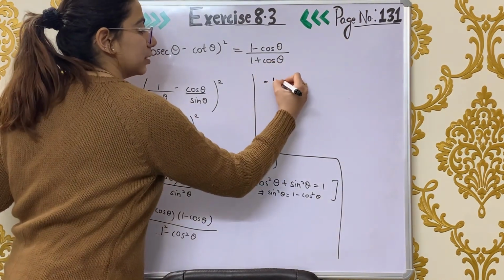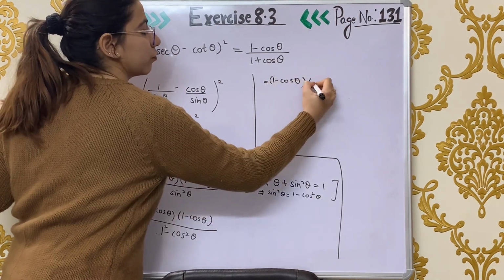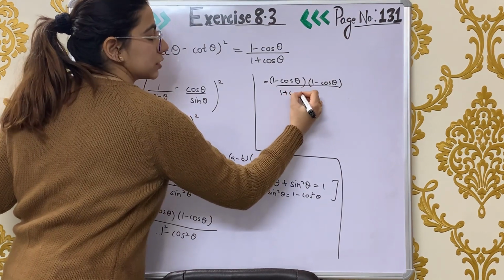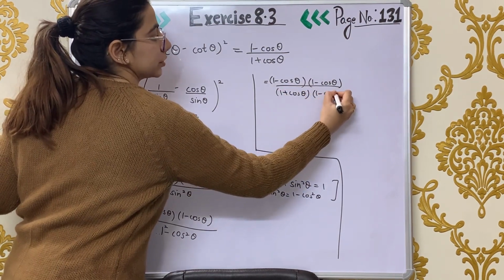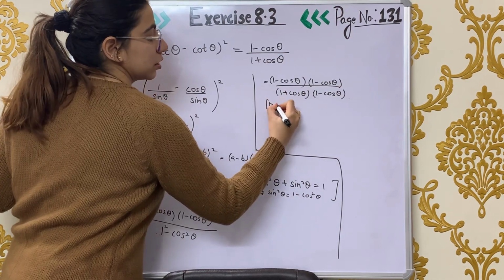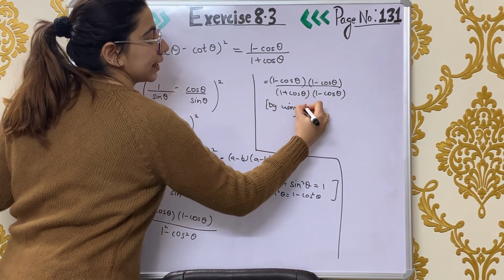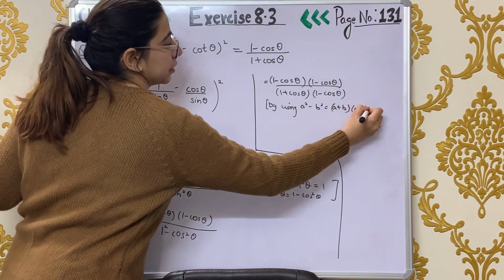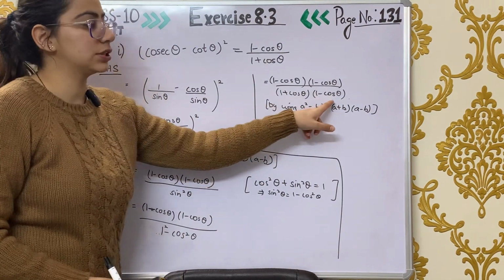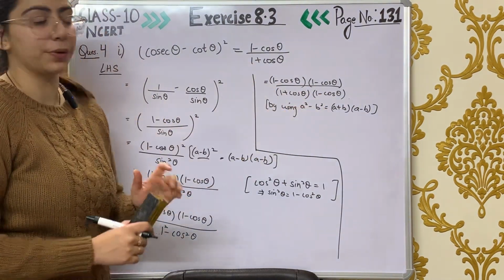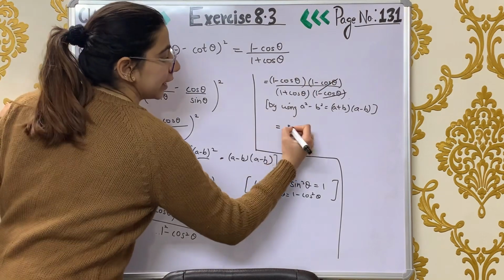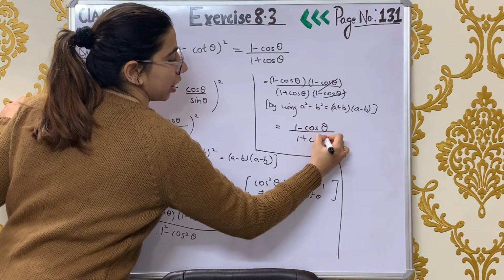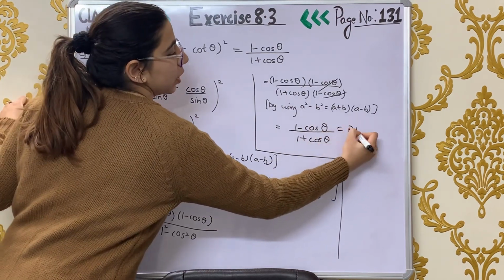So we can write the term as 1 minus cos theta into 1 minus cos theta upon 1 plus cos theta into 1 minus cos theta by using a square minus b square is equals to a plus b into a minus b. Now here we see that 1 minus cos theta is common in numerator as well as denominator. So we can cancel the term. What do we get? 1 minus cos theta upon 1 plus cos theta,